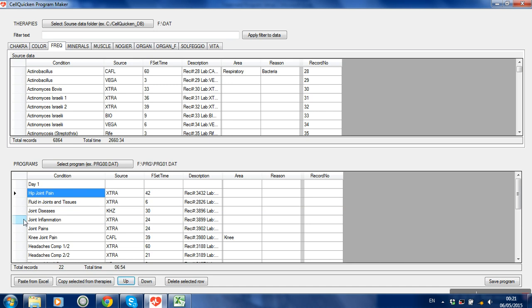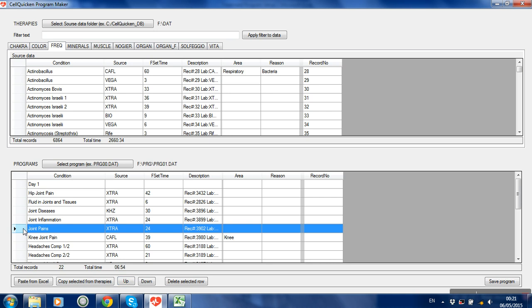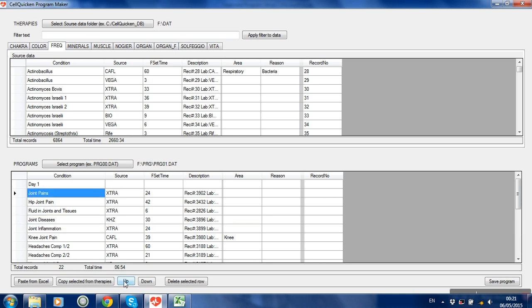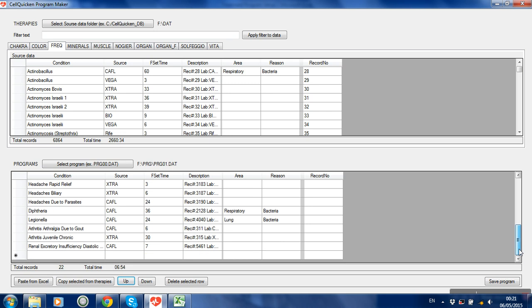You'd also like to move more pain up, and you say go move it up, and it just moves up one by one, so that you can then start manipulating the time that the specific treatment would activate. You might say, but you'd like to add something to this list, and you can go to the top, and you can enter, let's just enter pain,